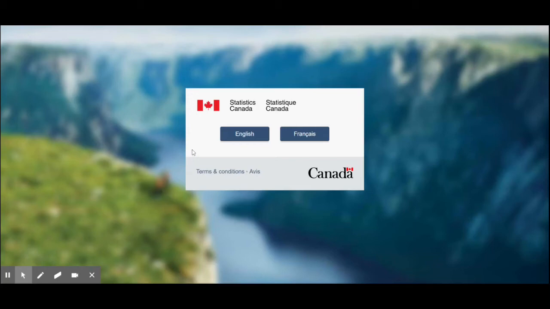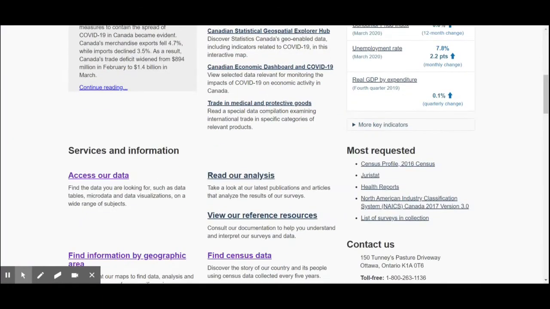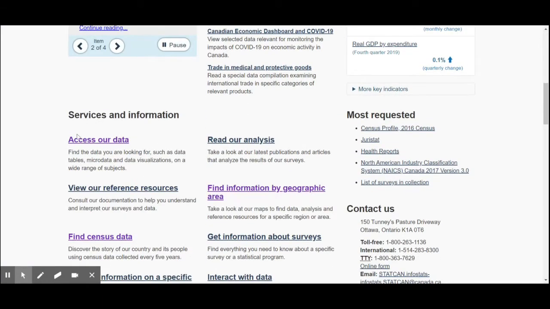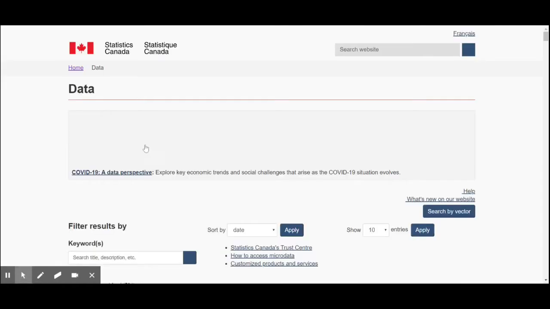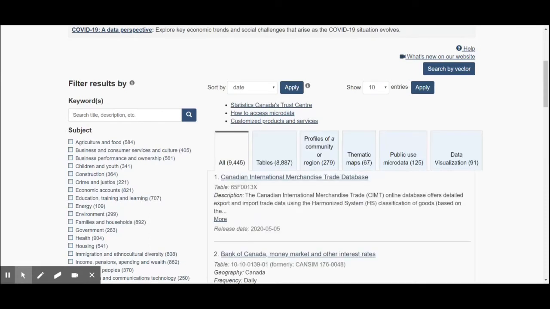So we're going to look at how to locate secondary data on Statistics Canada. Okay, so under Services and Information, we can find a link to accessing our data. To access data, you can filter the results by a particular keyword topic of your choice, or you can use